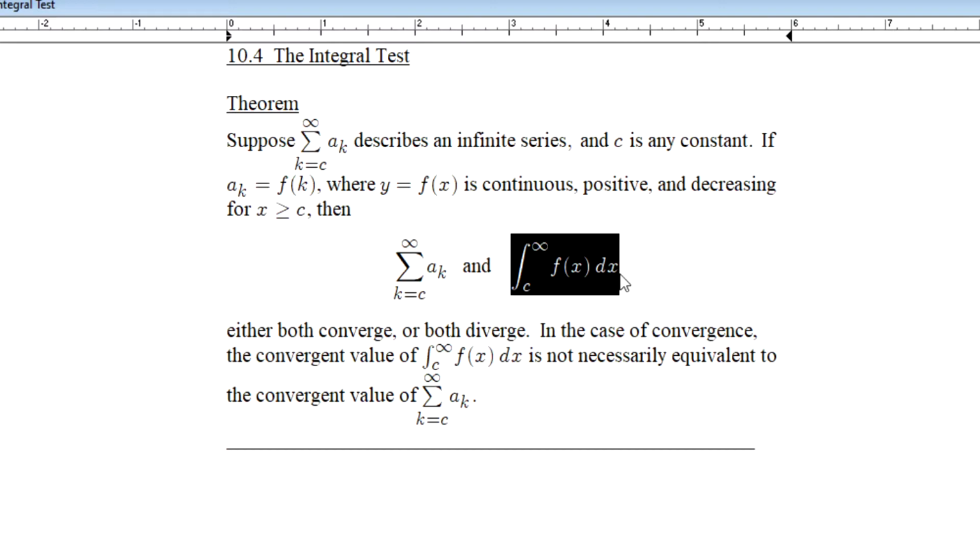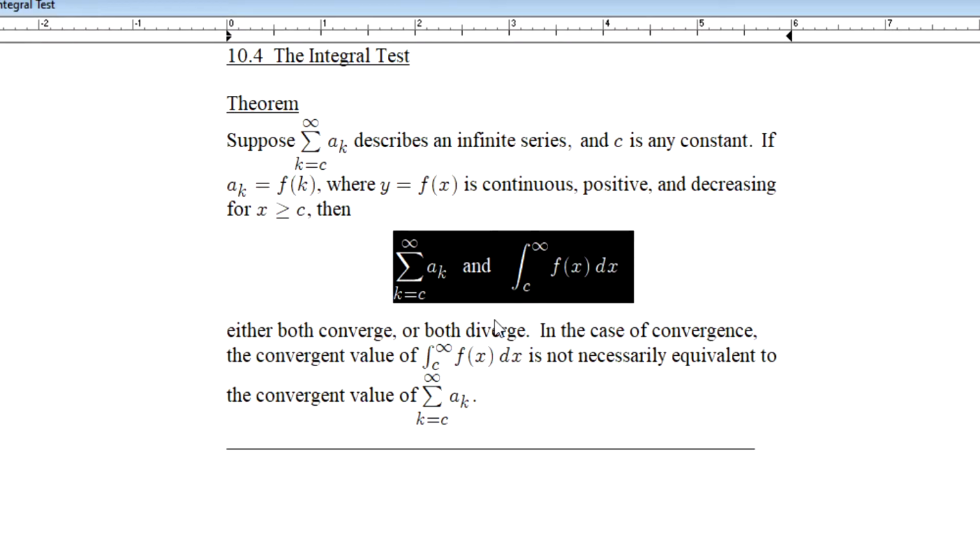And in this particular case, we have an improper integral due to the fact that our upper bound in this integration is heading towards infinity, right? And what can happen in an improper integral is that you could converge in value, or it might diverge in value. And the convergence or divergence of this improper integral, whose function is defined by the explicit function of our corresponding infinite series, right? If it converges, then so does this corresponding infinite series, whereas if this diverges, so does the corresponding infinite series,